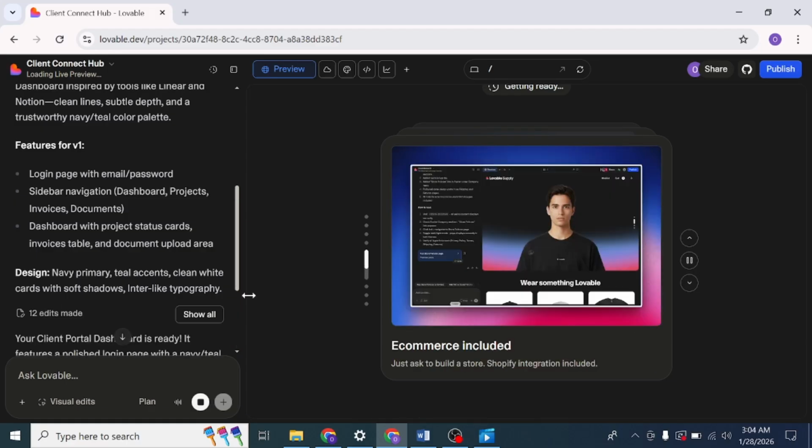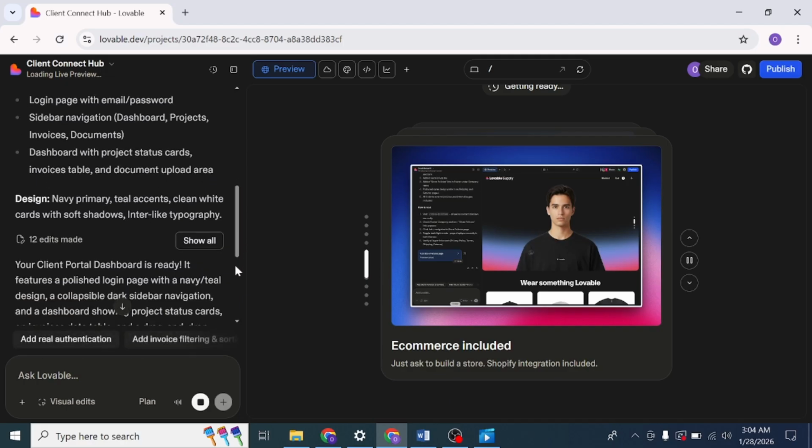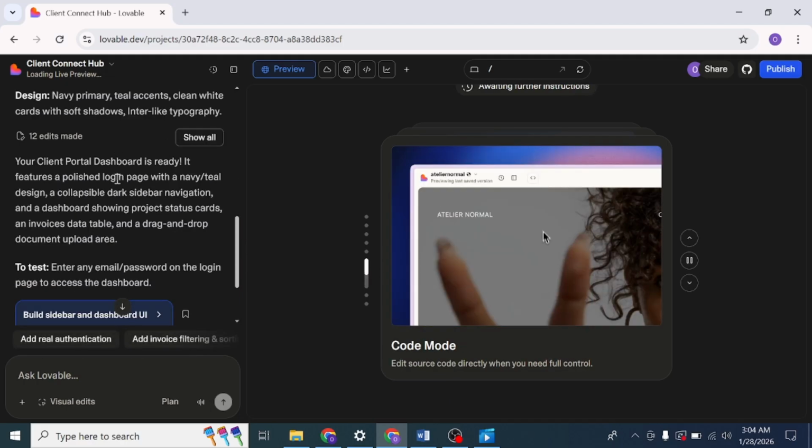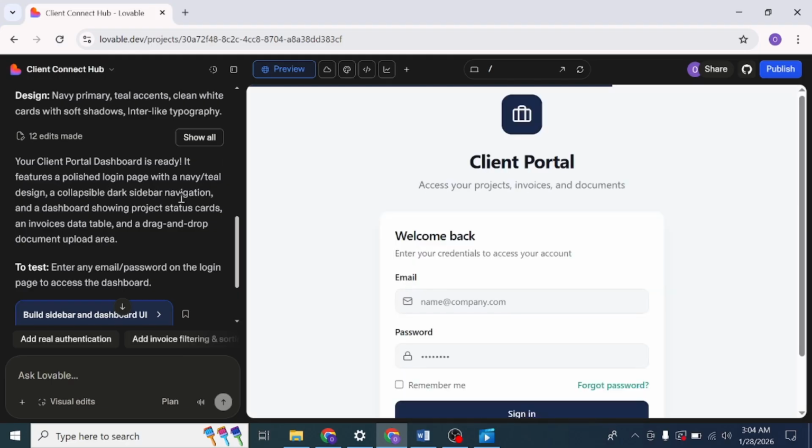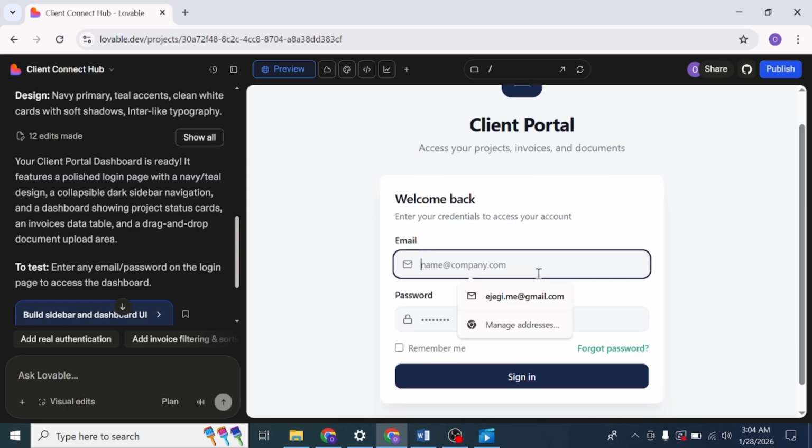So our client portal is ready. That took just like 2 minutes. Your client portal dashboard is ready. Features a polished login with navy teal design, collapsible dark side navigation, and all that. So it even gives us a logo. That's cool. So we'll just sign in now